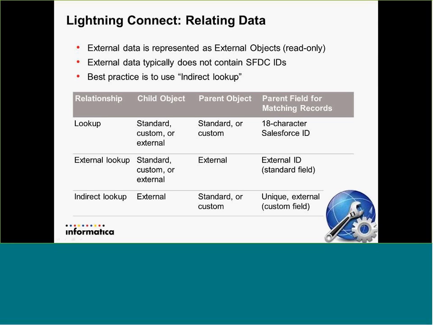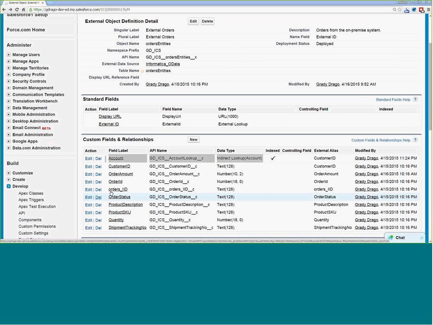So within Salesforce, there's 3 different relationship types: lookup, external lookup, and indirect lookup. And they use different data to relate objects, being internal, custom, or external objects. In the example today, I'm going to be using an indirect lookup and explaining how and why we believe that using indirect lookups is one of the best practices in establishing relationships. The important part is you have 3 ways in order to actually establish relationships based upon your use case.